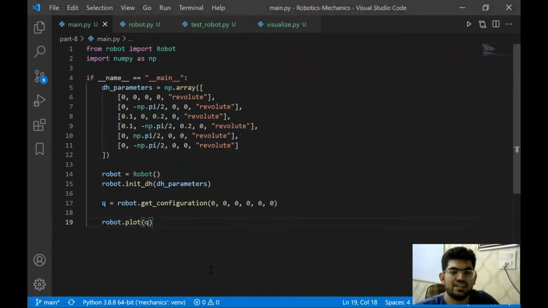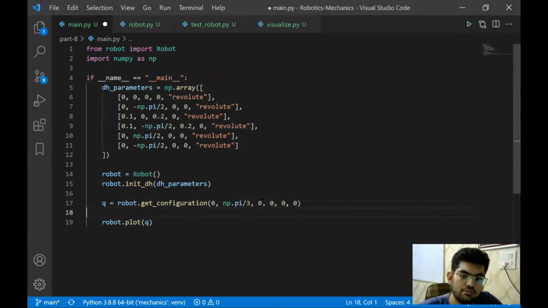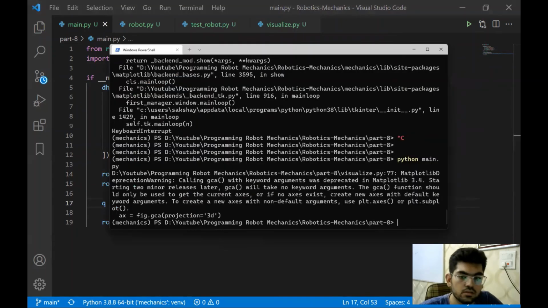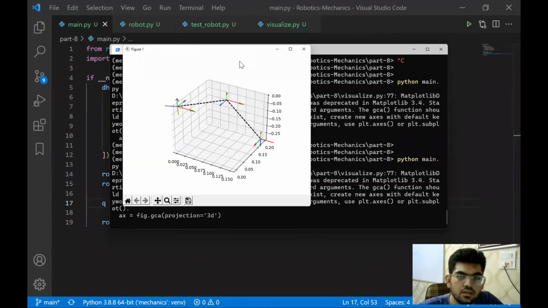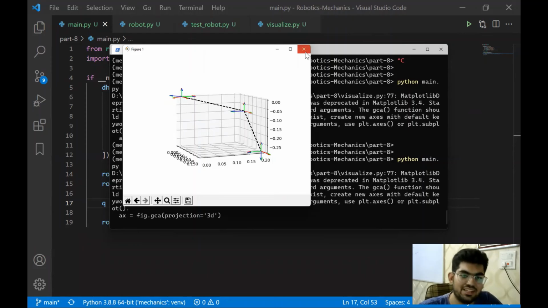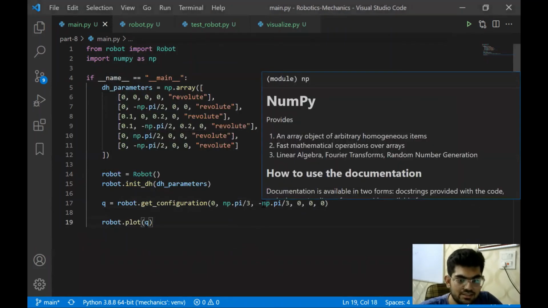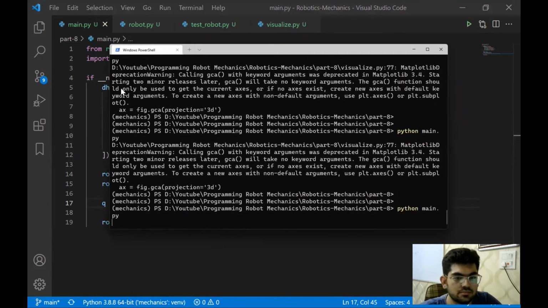Okay, so let's try to create that configuration that we thought of, np.pi/3, and over here minus np.pi/3. Let's see if something works or not. Okay, doesn't look very well. All right, let's add np.pi/3 over here, and let's see how that works.